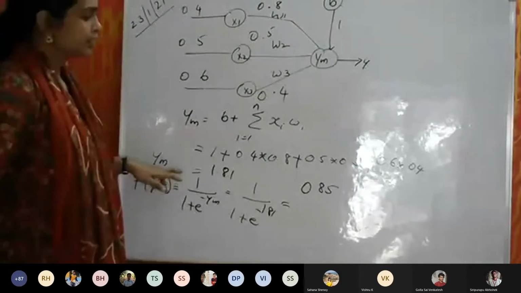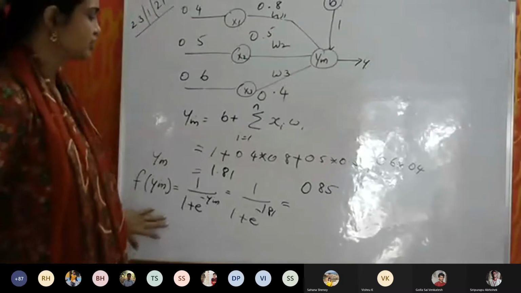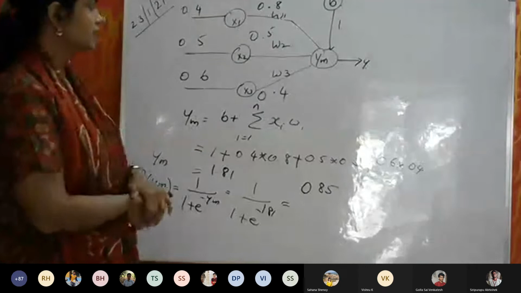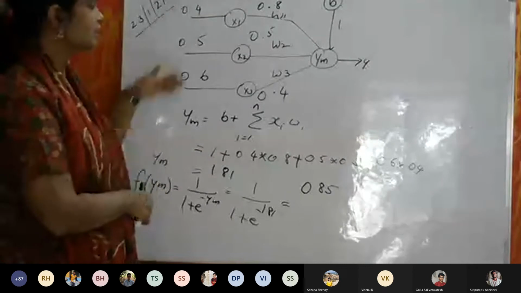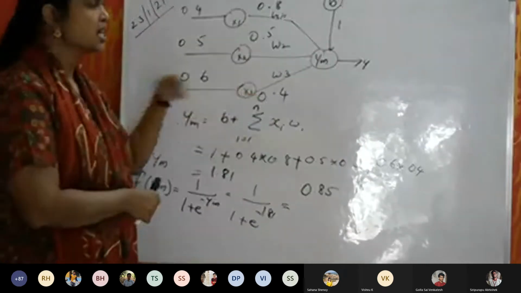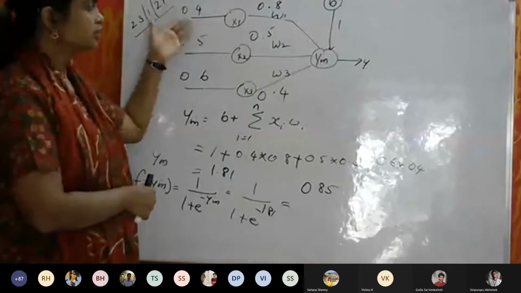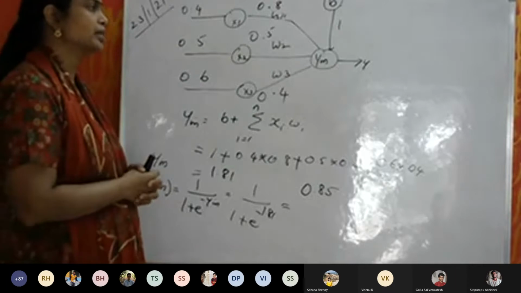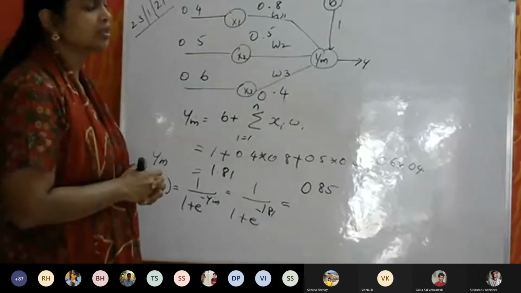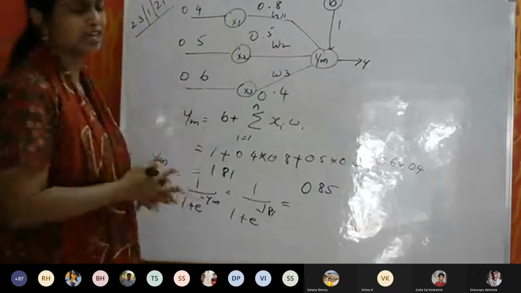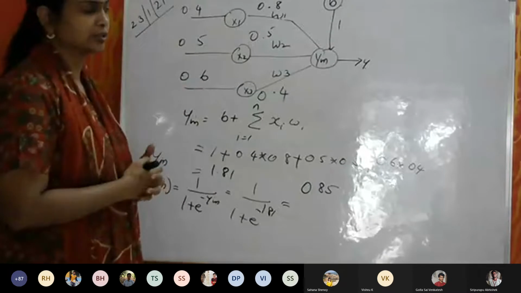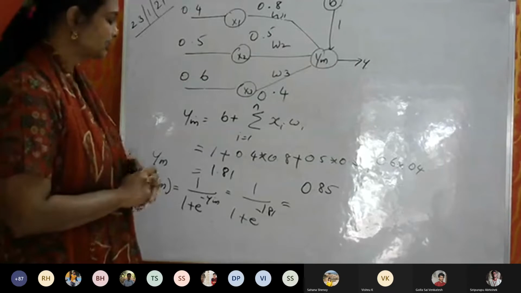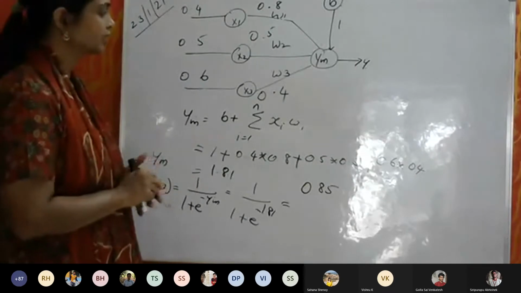In a similar way, if you change the activation function, we will be getting different values. So here I have taken the decimal values for the inputs and also for the weights. We can change the weights to be always ones or minus one, depending on what we are going to implement. So it depends on your problem statement, what you want to give as an input and what output you are expecting. So this is a simpler method to calculate the output.